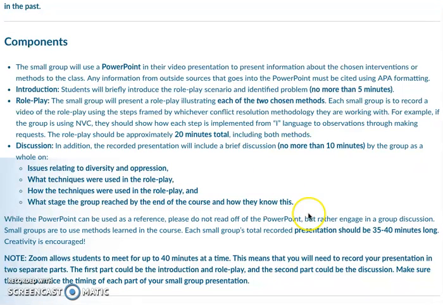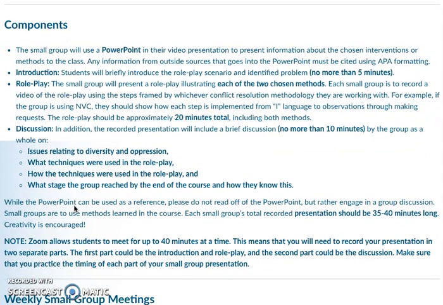So the total recording time is going to be 35 to 40 minutes. Keep in mind that Zoom only allows for 40 minutes, so you may want to break up your role play into 2 sections because you'll also need to include a discussion. And in the discussion, you want to identify as part of the group what were the techniques that you used,